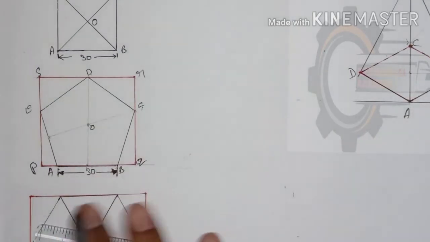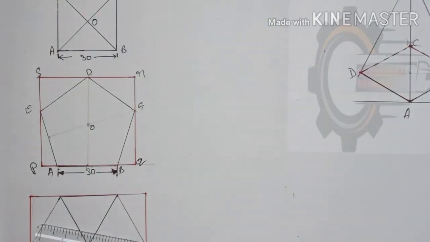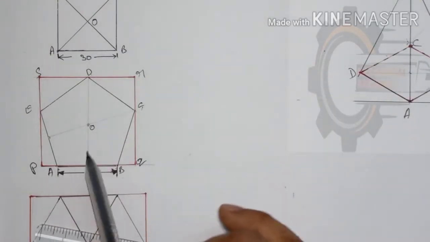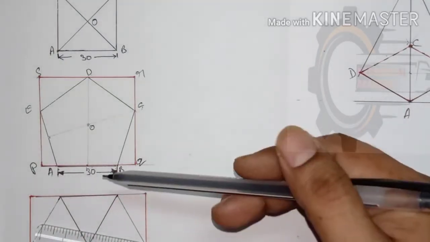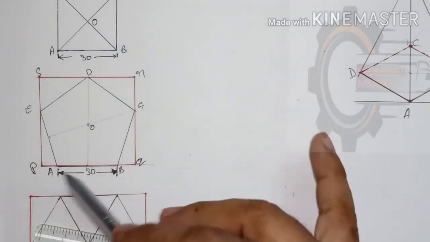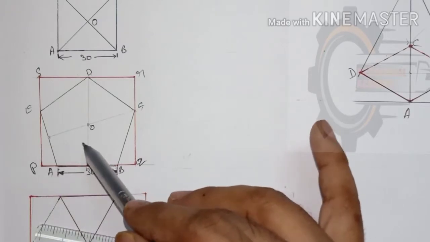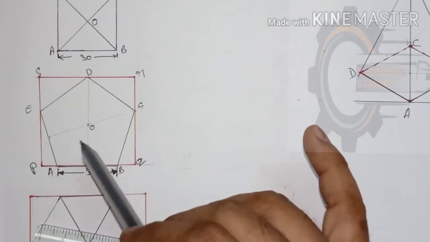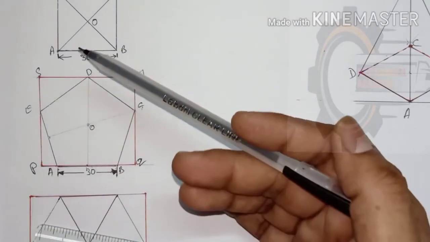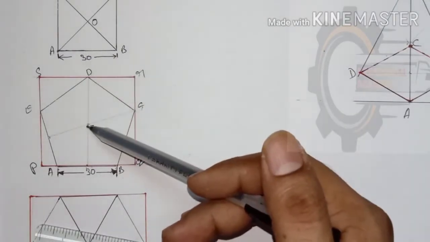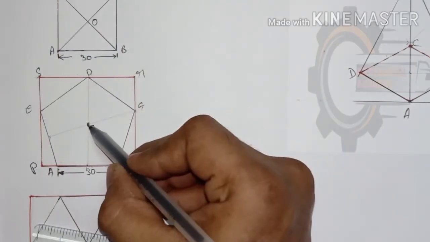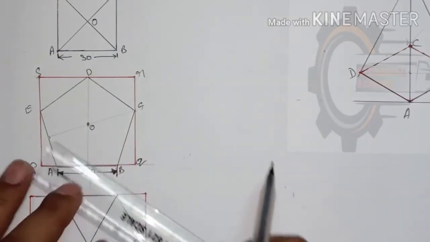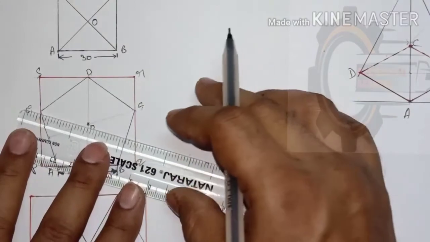Okay, now you understand how to find the midpoint. First of all, the condition to find the center of the pentagonal pyramid is that we need to find the midpoint of any two lines. Then each midpoint is joined to the opposite corner. Then we'll get the intersection point. This intersection point is the center of the pentagonal pyramid.